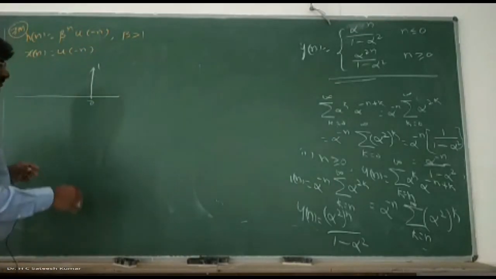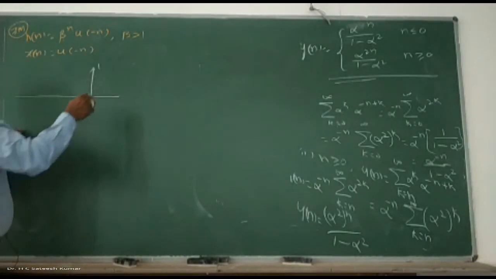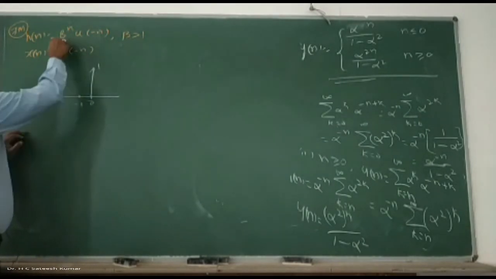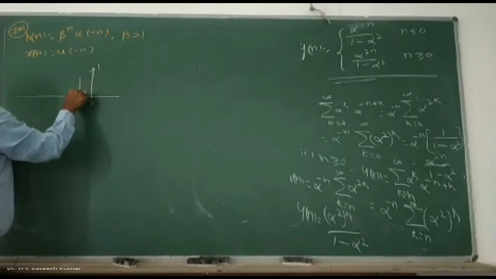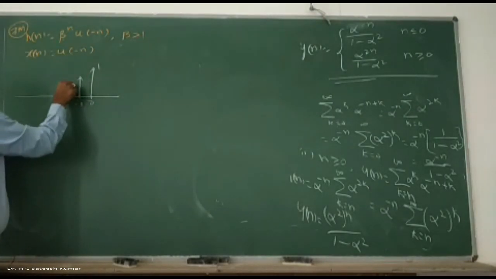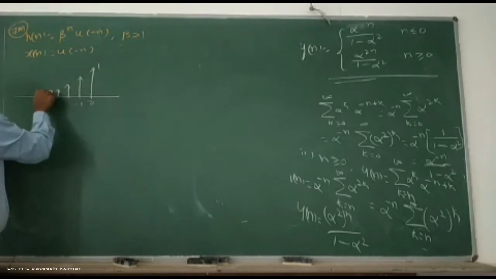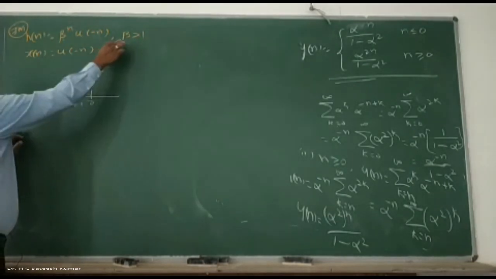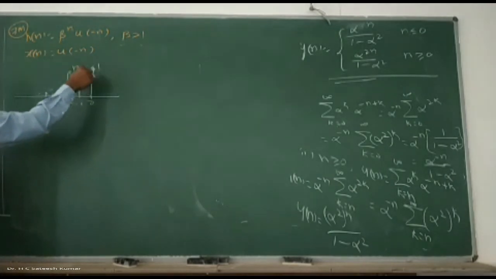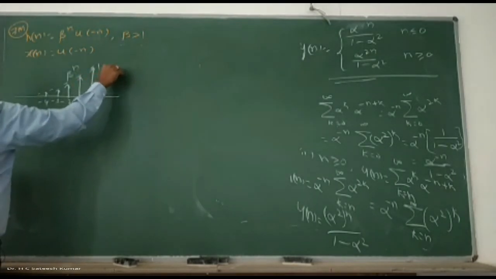So beta greater than 1, you take some numerical value, you can easily understand. Let us say beta is 2. Okay. You take minus 1. 2 to the power of minus 1 is half only, no? So therefore it is decreasing. 2 to the power of minus 2 is 1 by 4. So it is decreasing only. Since it is the negative side, even with beta greater than 1, it will be decreasing only. This side it is decreasing. But when you go from this side, it will be increasing only. So this variation I will call beta to the power of n. I will call it h of n.